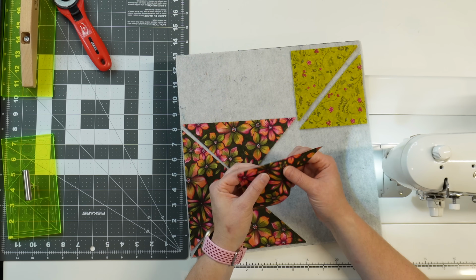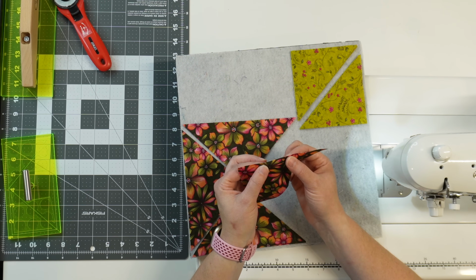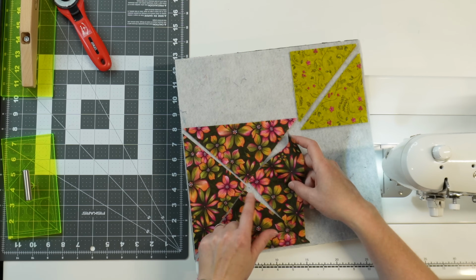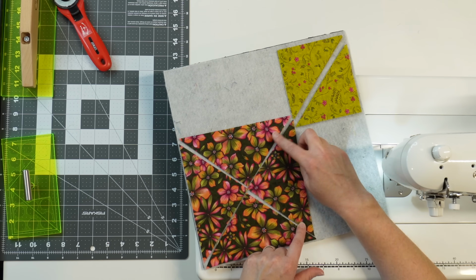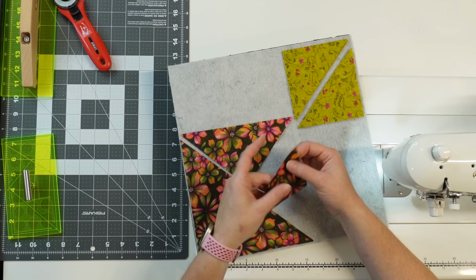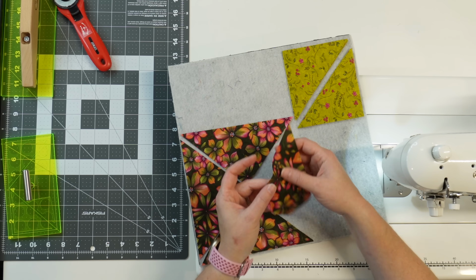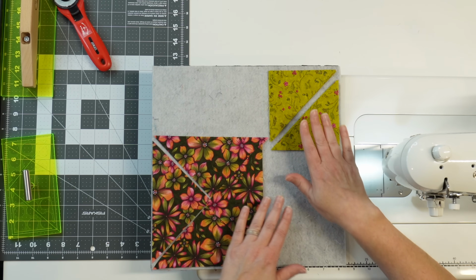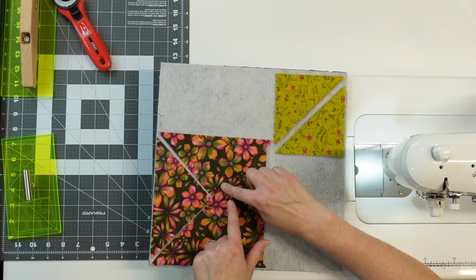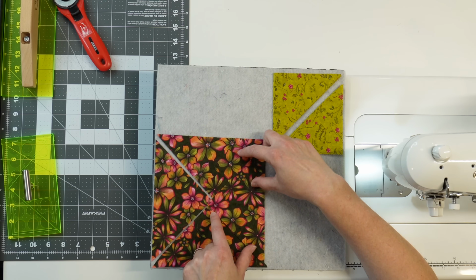Now, the stretchy edges of this block are here along the inner edges where we cut. But this bottom edge here is nice and solid. It isn't as stretchy as here. And then for the background of the Flying Geese or the triangles that are going to end up